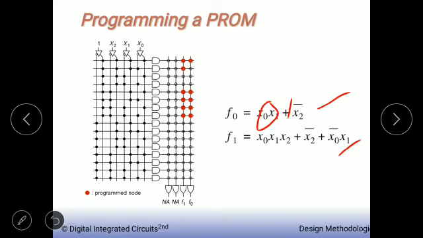As shown in the figure, the red dots are the programmable OR array, and the black dots are the fixed AND array. So red dots tell you the programmed OR, and black dots in the AND array are the fixed AND terms. Now all possible minterms are being formed and kept ready. It is only with the help of the OR array that you have to generate these functionalities. Please go through the text and try to write the equations, what is getting generated. If you simplify that, you are going to get these functions f0 and f1.